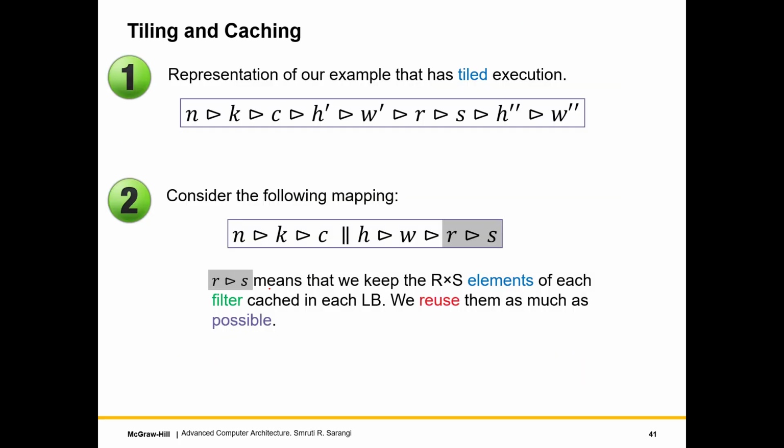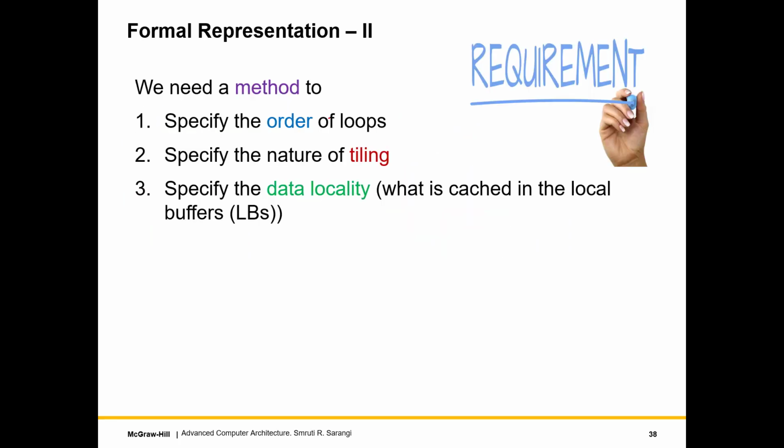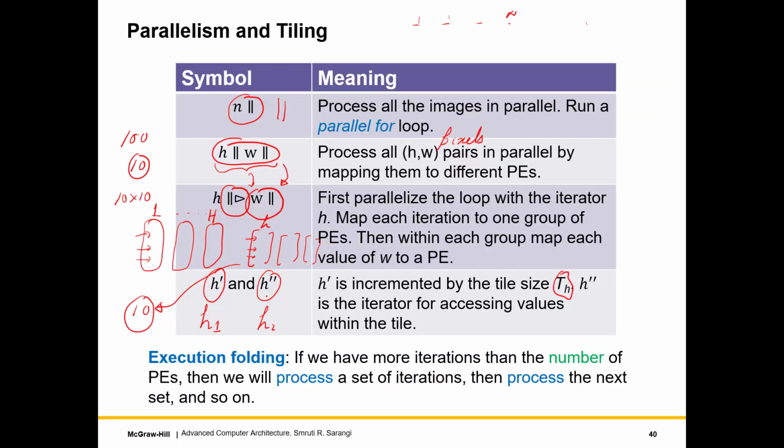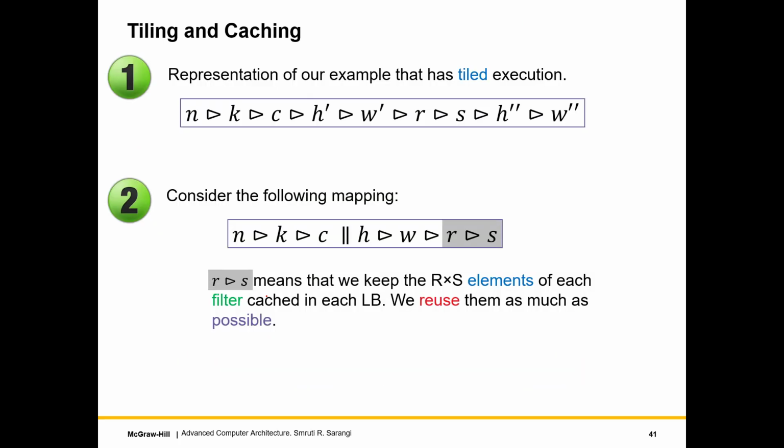So now let us further complicate this representation of ours. If I look at the tiled execution, let me again go back to it. This is nkc, this is h dash w dash rs, then h dash dash w dash dash. It's not h dash, it is h and an apostrophe, but let me call it an h dash. So in this case, what we are actually doing